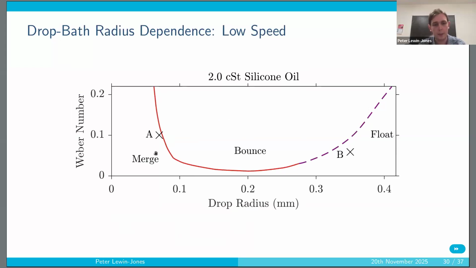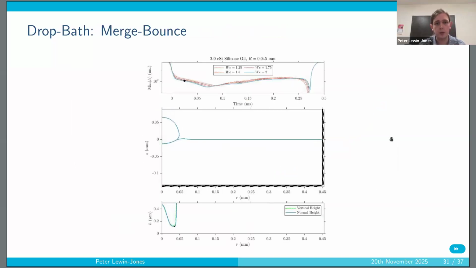One regime is where the drops go from bouncing to making contact to merging, which is what we've seen so far. But there's also another regime where instead the drops go from bouncing to a regime that we've been calling floating, where the drops don't merge immediately, but they don't jump off the surface either, and they float for an extended period of time. So here's what the merging regime looks like,